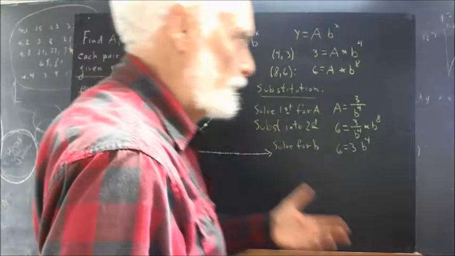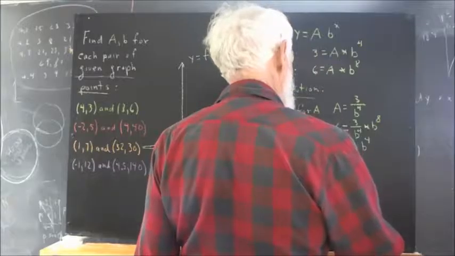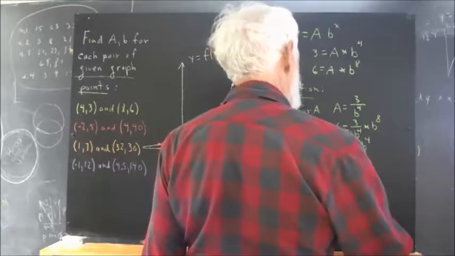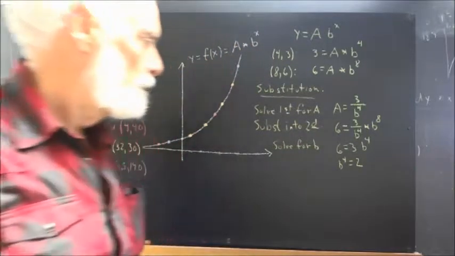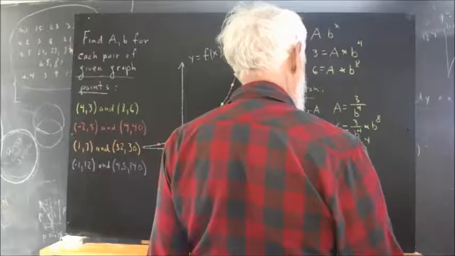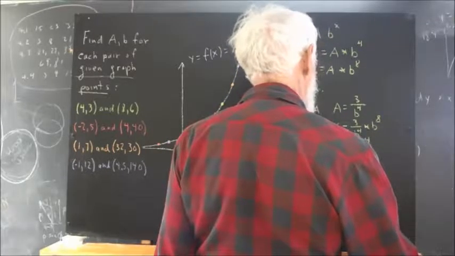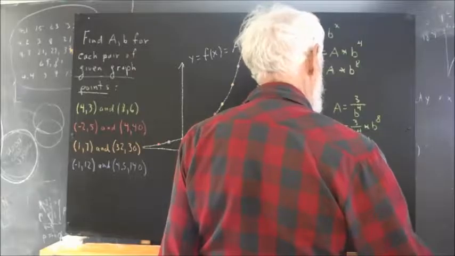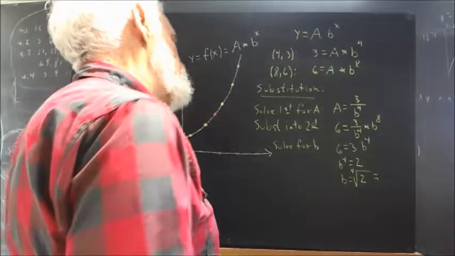You divide both sides by 3. I'm not going to write that step down, and I'm going to reverse the sides. You get b to the fourth equals 2. And what does this give you? It gives you b equals the fourth root of 2. Okay? And the fourth root of 2 is,